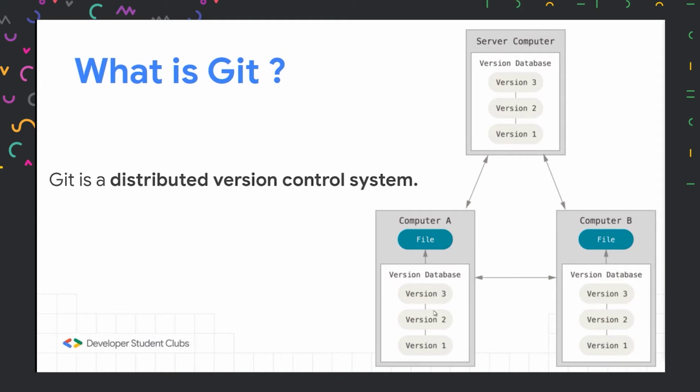So you write some code, and your friend writes some other code. What is the difference between the two of them? And should we keep both their codes, or should we merge their codes, or should we just use any one person's code? All these things are managed by Git.